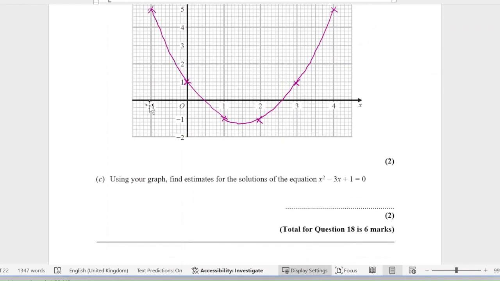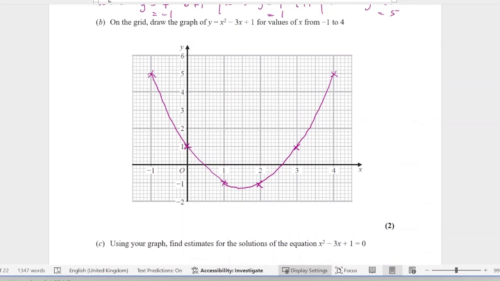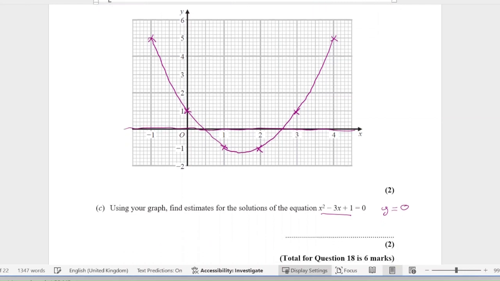And does it ask a follow-up question? Use your graph to find an estimate for the solution of. Right, let's just compare this equation to what I've been asked. The same part, so I'm just looking at where it intercepts with the line y is equal to 0. So that's the line y equals 0. Then I just need to read them off, and it looks like